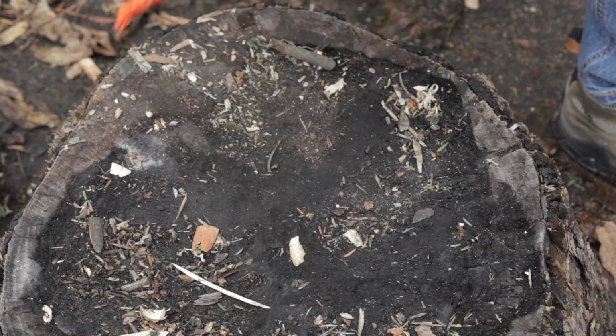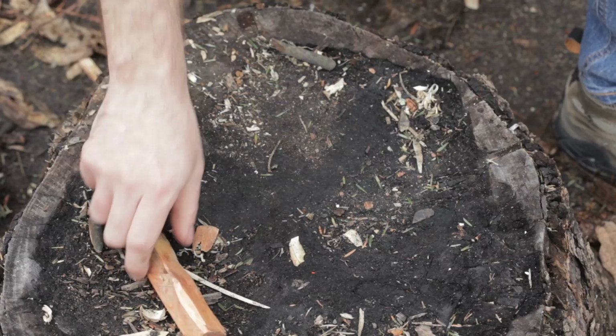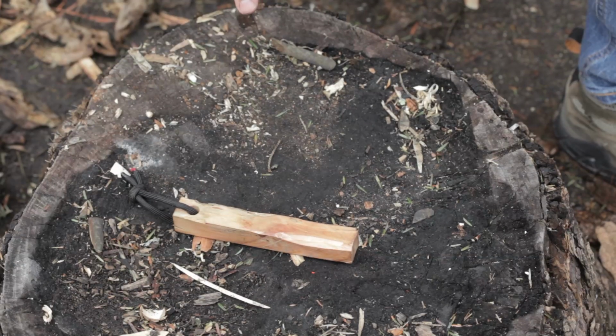Now what I'm thinking about is switching out this fatwood stick for a waterproof tube to have a pocket bellows in it, and some man-made tinder. I'm just not sure how I feel about that yet. I might just make this bigger. And one other thing was,